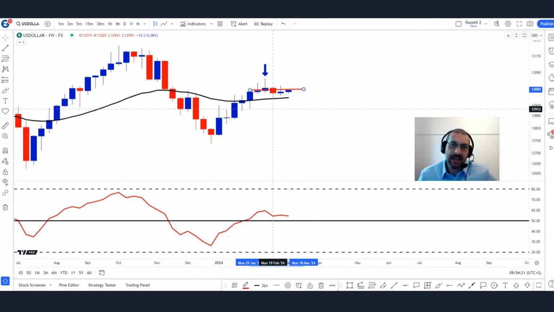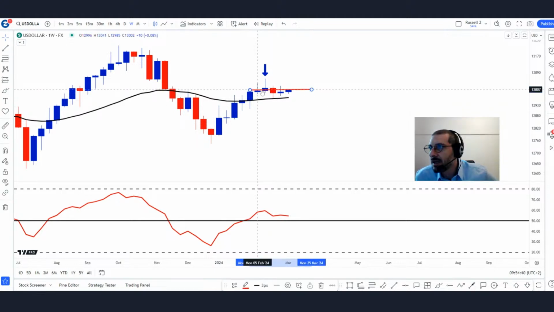What's interesting when we look at the Aussie, remember, what is the base currency? The Aussie. What is the counter, the quote currency? It's the US dollar. So the US dollar is going to be a huge factor when we're looking at the Aussie, because it's the second part of the equation, so to speak. If the US dollar is moving sideways here and not down, that's going to take some of the power out of the move from the majors. If the dollar moves, then we potentially have movement in the majors.